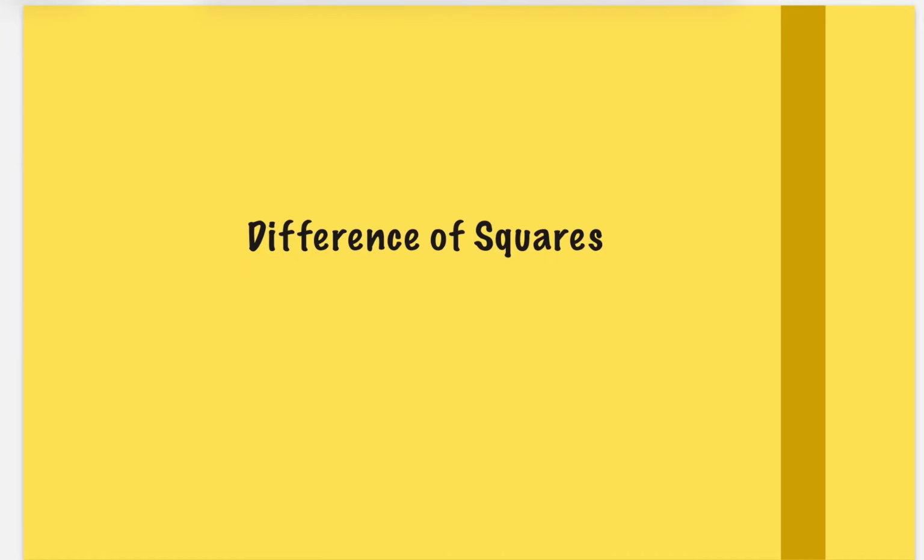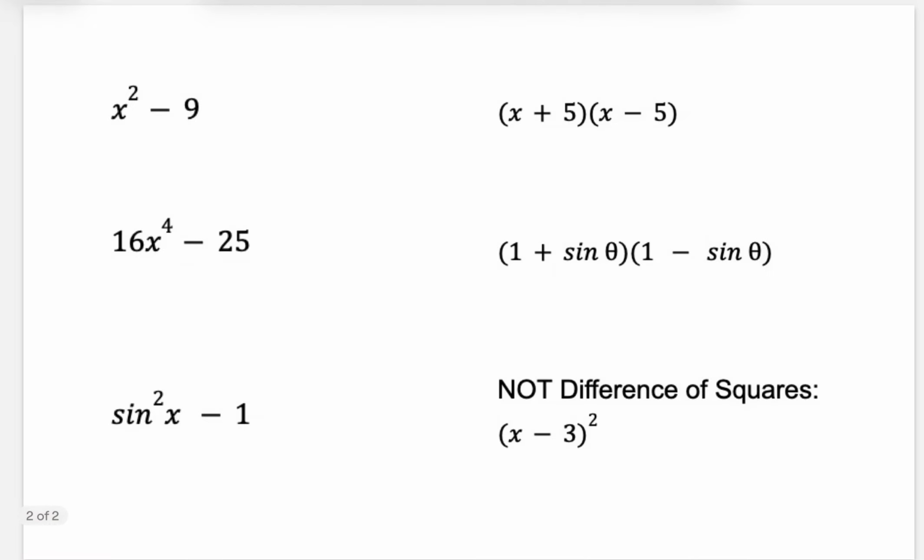This video is about difference of squares, how to recognize it, and how to factor it. So here's a whole bunch of examples of difference of squares. It's important to recognize difference of squares, and the way that you're recognizing difference of squares when you're factoring is that you have two terms that are being subtracted, so that's the difference, and both of the terms are perfect